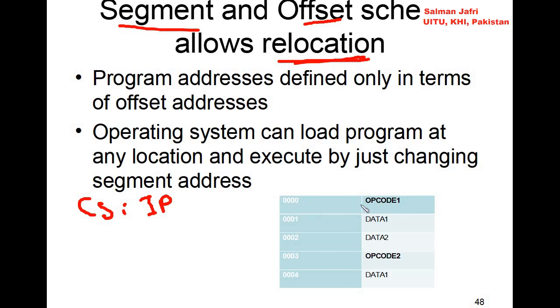This is how the assembly language program is stored in the memory, right? So for example, this is the 0000 address, 0001, 0002, 0003 and 0004 address. First of all, at the first address the opcode byte is stored. For example, it can be move, add, whatever you can have. So first is the opcode byte. The second memory address holds the data bytes, and the third also. If it is 8-bit data, it would be held in only one memory location,